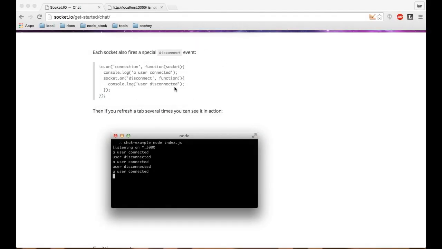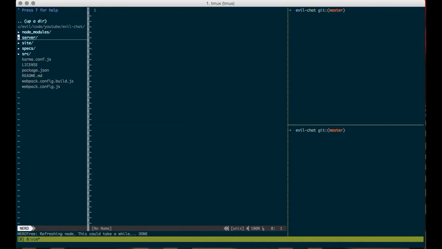Okay, so the next bit we're going to get in is we're going to hook up this disconnect event handler. So it looks like the socket can take a disconnect event and respond to that. So we're going to get that in there real quick. Before we do that, let's create a branch. We'll call this more socket-io. All right, we got that going,